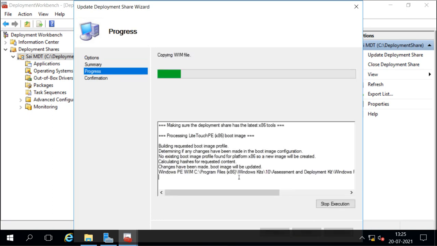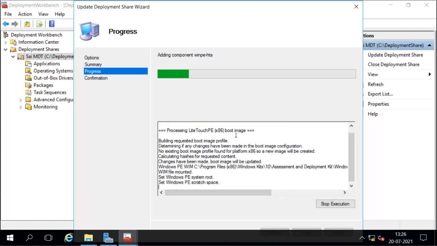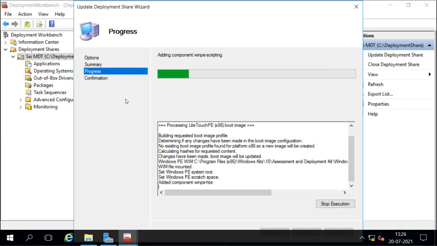So you can see it is creating this light touch PE boot image file. Light touch means we have to do some installation tasks, we have to complete some tasks there at the time of deployment. Zero touch means you don't do anything, everything will be done based on the answer file. The answer file means the script which we have in the property of this deployment share. When we saw the deployment share, there was a script, it says yes, no, yes, no. So you can add more options there also to make this zero touch.